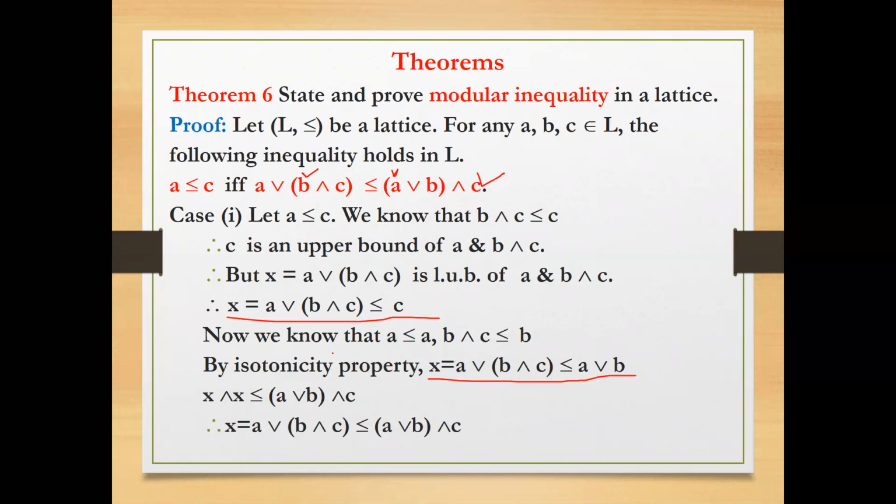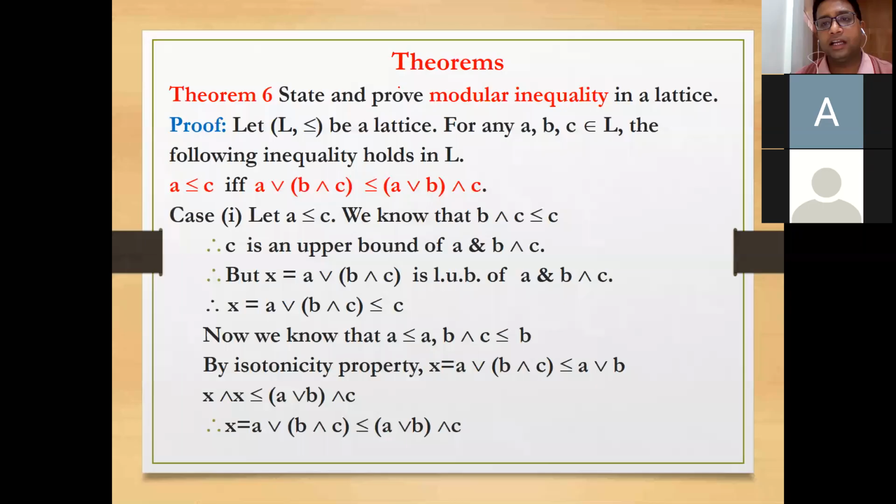Now do the meet on both sides. So you can do x meet x on the left hand side, and on the right hand side we have C and A join B, their meet: A join B meet C. x meet x by the idempotent law is again equal to x, which is A join B meet C, and now it is less than or equal to A join B meet C. So this is the first part